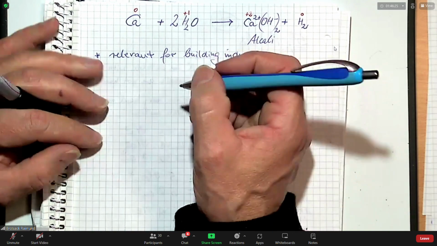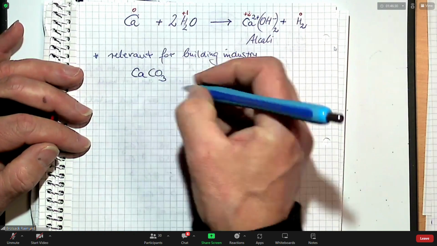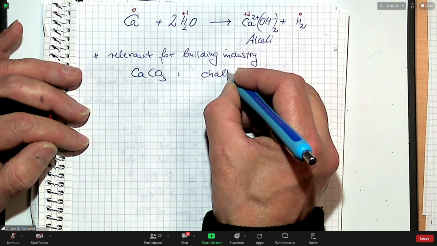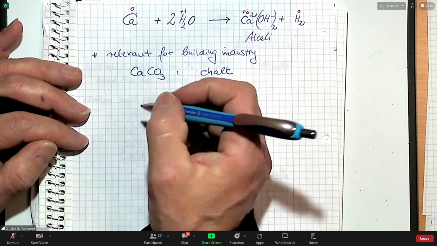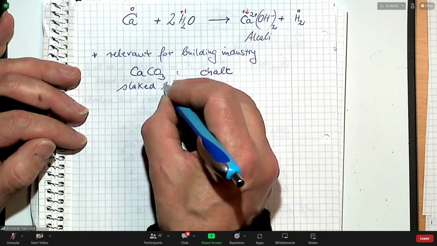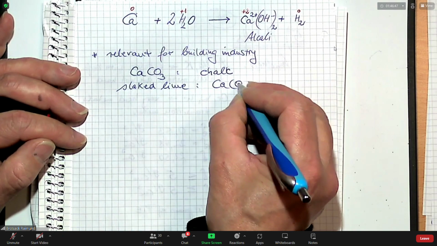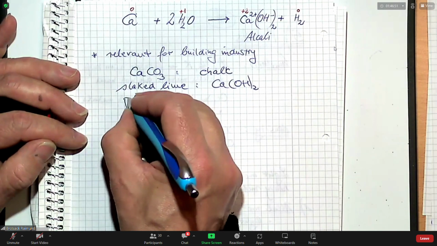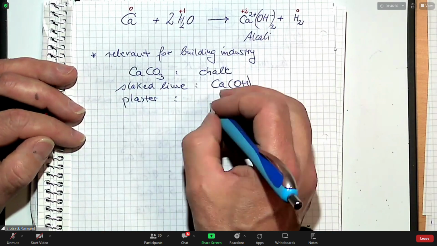You have, for example, calcium carbonate, CaCO3, and we call it chalk. Or the slaked lime, that is the calcium hydroxide. The plaster, that's the calcium sulfate with two crystal water